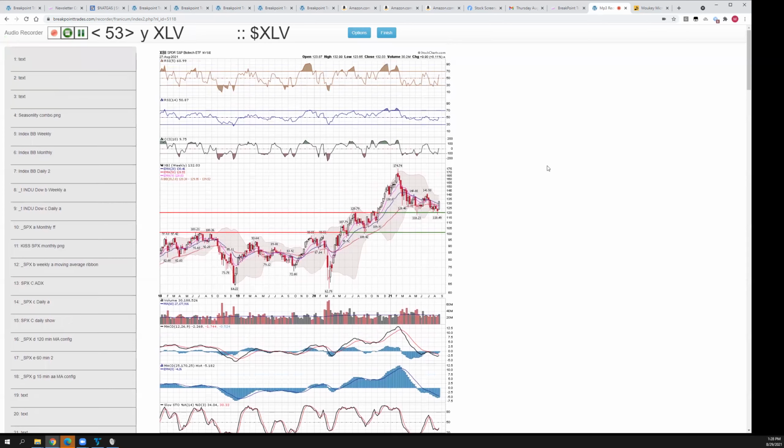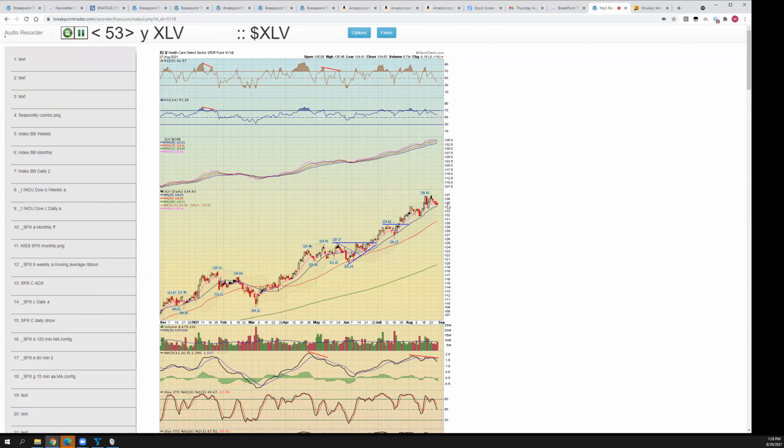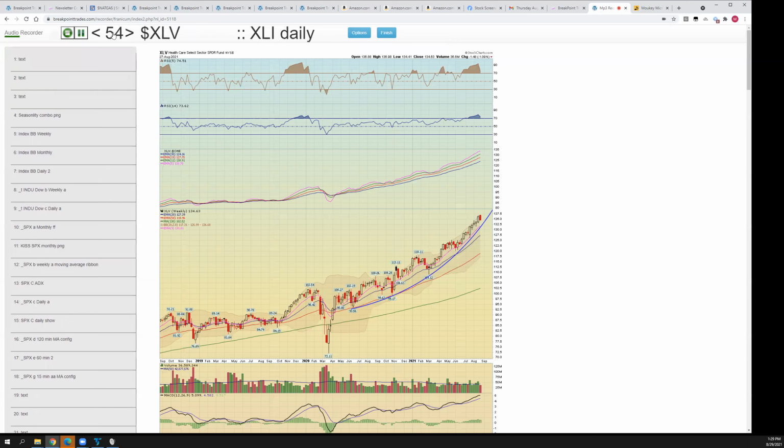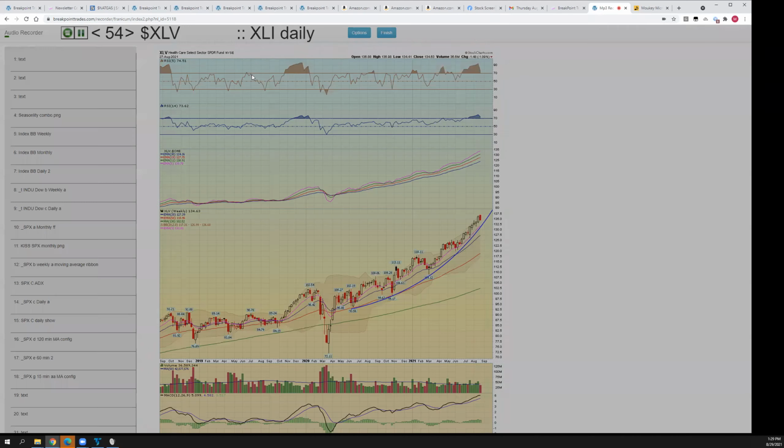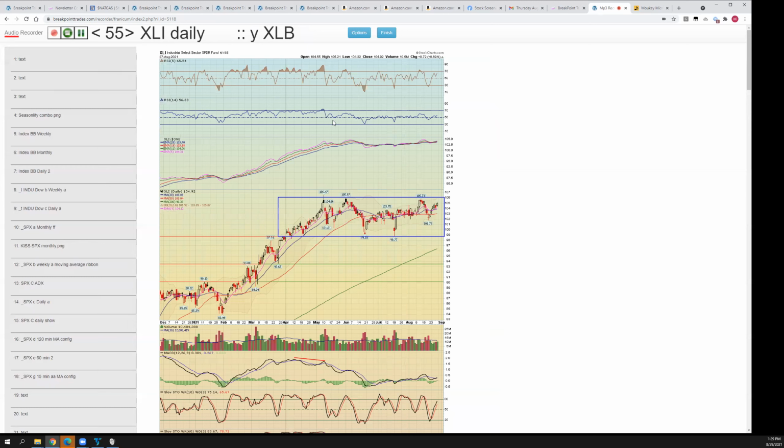Next, chart 53, healthcare. It's just been a hell of a runner, finally pulling back though. You can see it had some MACD divergence setting up. Next, chart 54, there's the weekly view of healthcare. It's been in this kind of parabolic up move. I thought this was the best way to illustrate it. Next, chart 55,